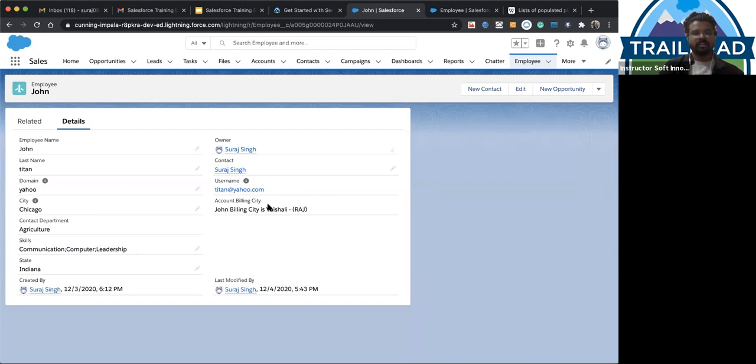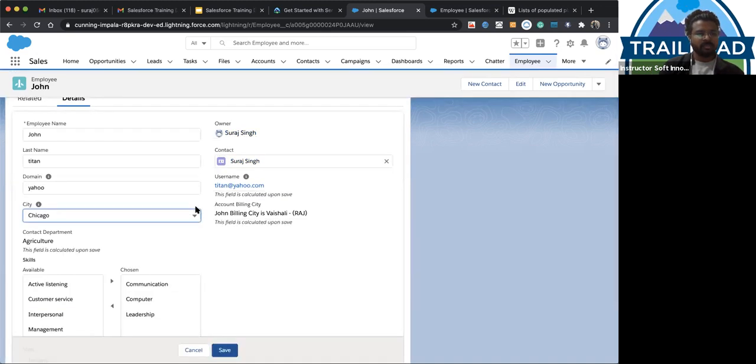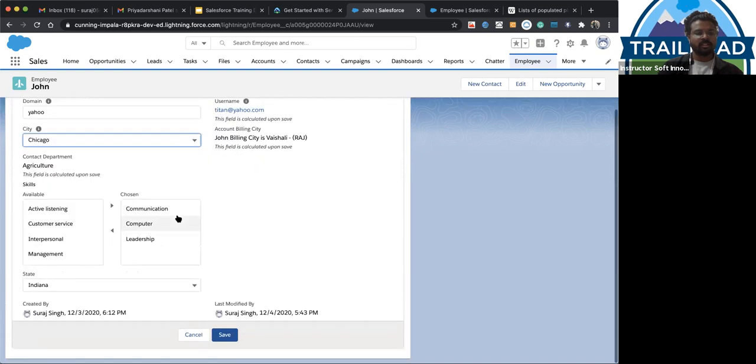After that, we have another kind of pick list called a dependent pick list. As the name tells you, a dependent pick list is a type of pick list whose values are dependent on some other field. Suppose I choose Indiana here, but the city Chicago is not a correct value, since Indiana does not contain Chicago, yet I'm still able to choose it.